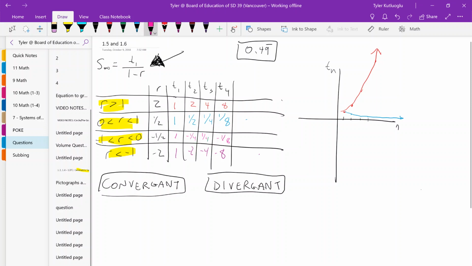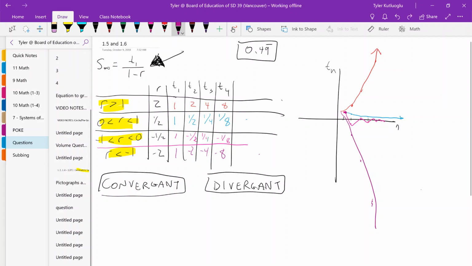The third one, the pink one, starts at 1 and then multiplies by -half. Sorry, this should be a 2. So it starts at 1 and then becomes -1/2, and then positive 1/4, then -1/8. As you can see, it zigzags, and the zigs keep getting closer and closer to 0. And then the fourth one, down here in the purple, starts at 1 and then goes to -2, and then